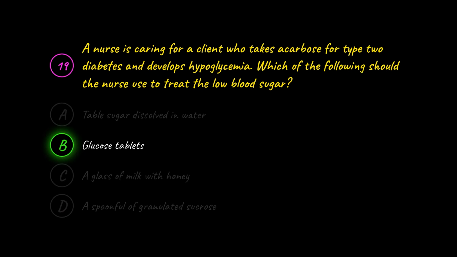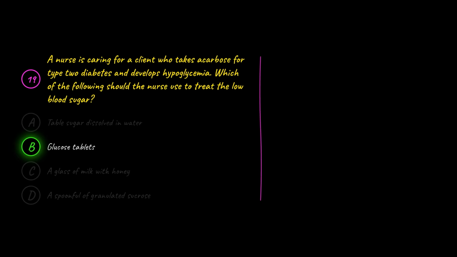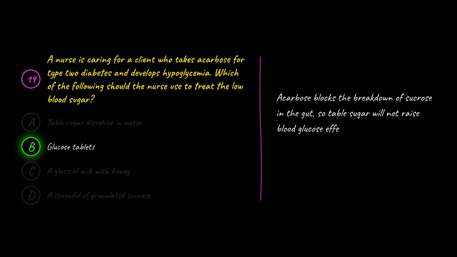The correct answer is B. Glucose tablets. B is correct because acarbose blocks the breakdown of sucrose in the gut, so table sugar will not raise blood glucose effectively. The nurse treats hypoglycemia with glucose itself, such as glucose tablets, which does not require that